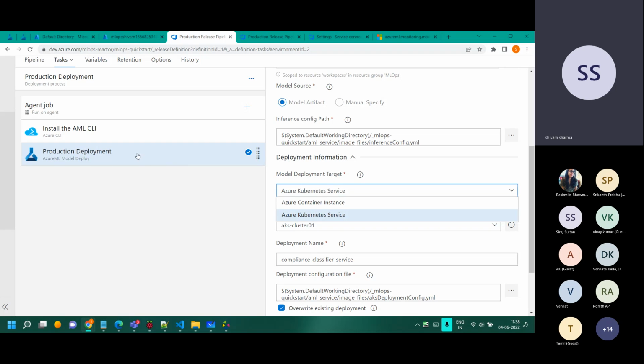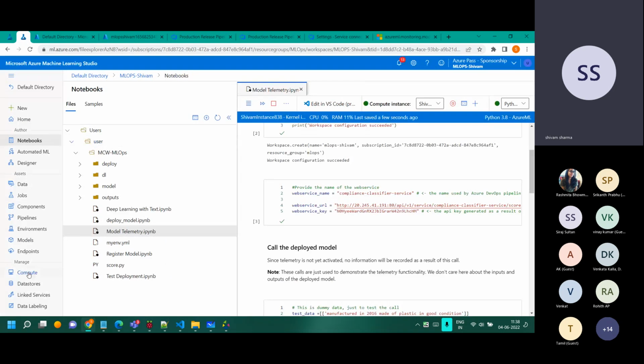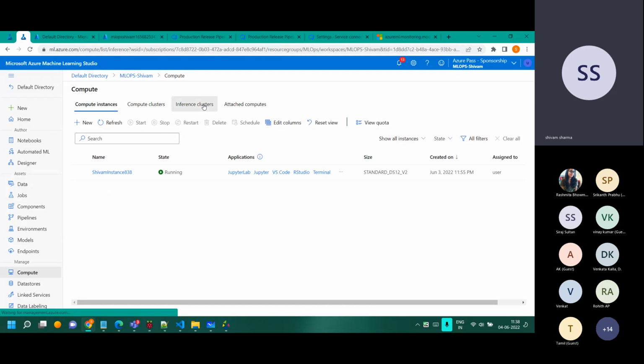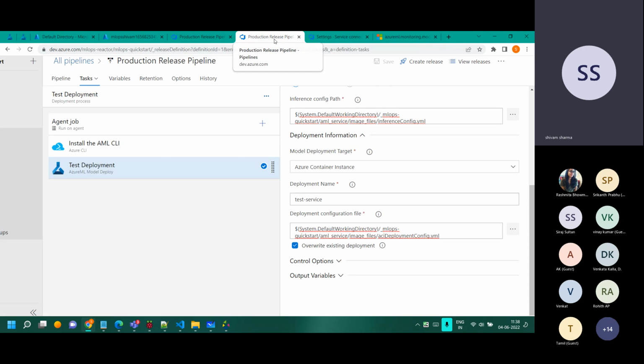This step is specifically designed to deploy to AKS or ACI. If I change it, it changes the configuration for me. The name of my Kubernetes cluster is AKS cluster 01. This is the cluster which I have previously created, and it is happily running right now as part of the inference cluster. Either it can get created or can be fetched for you in that line over there.